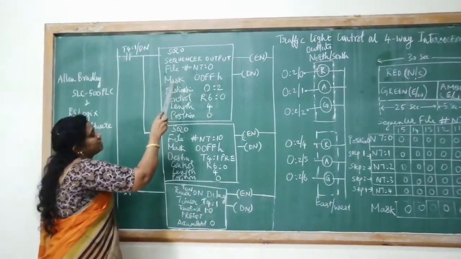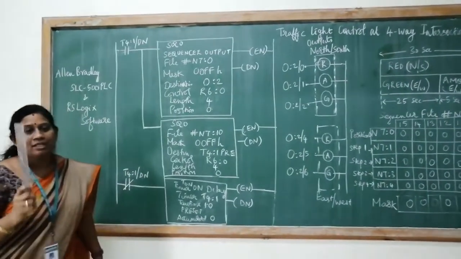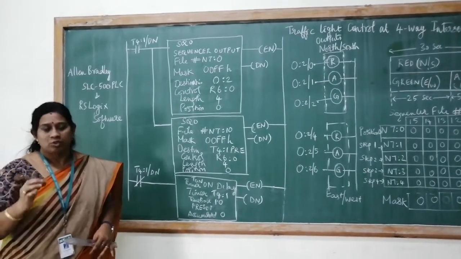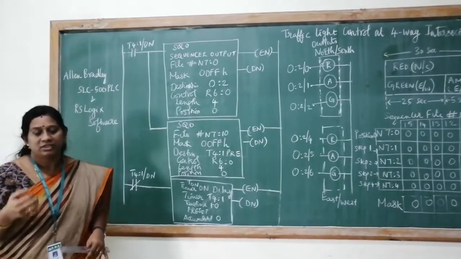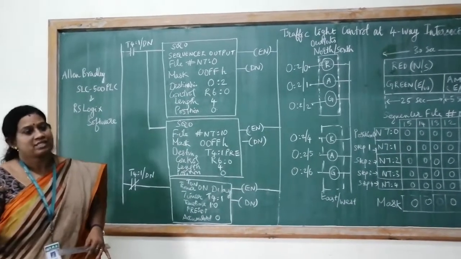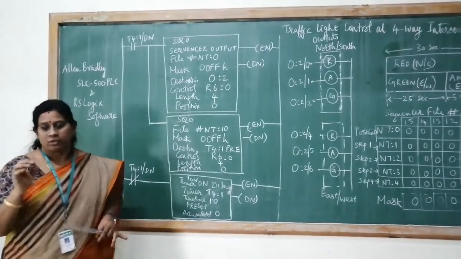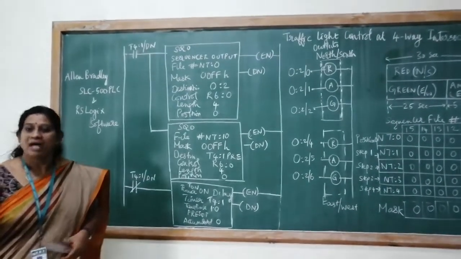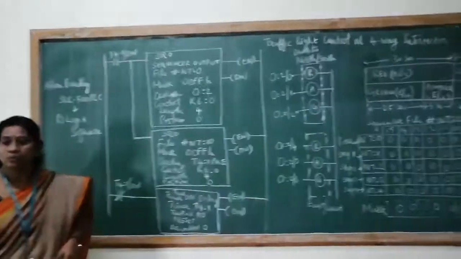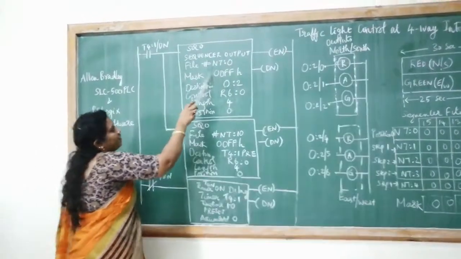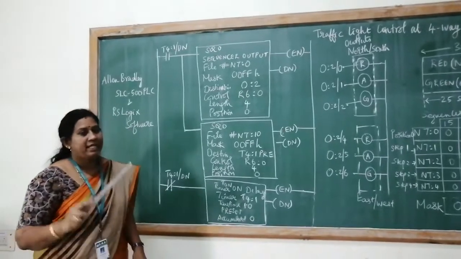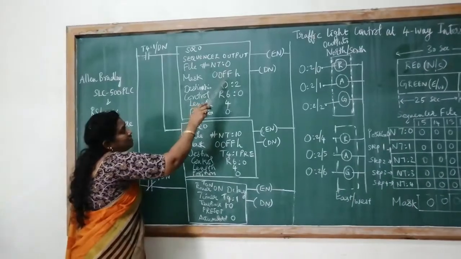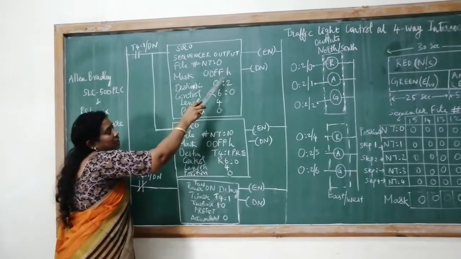Followed by this is the mask register. The purpose of the mask register is to permit the data to pass through. It can restrict the data which it does not want to give as an output. Set mask bits to 1 to pass the data, reset mask bits to 0 to restrict the data. Okay, that's the purpose of a mask bit. Since I have taken only 6 bits, I have enabled the last 8 bits, FF.